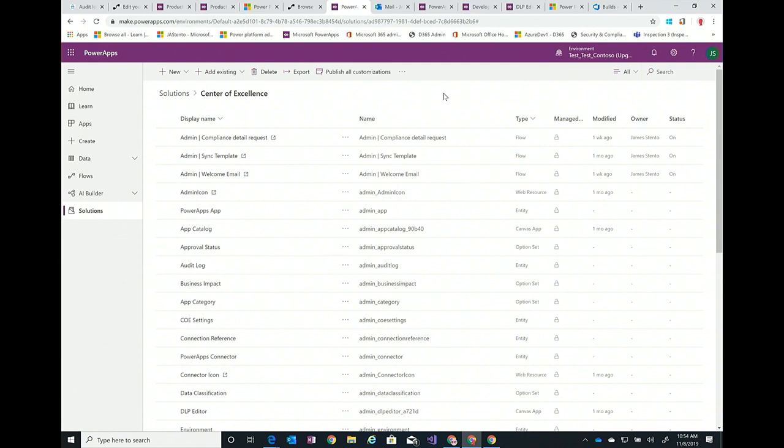So the question is around, can I find out if someone's, for example, reading all of the mailboxes in the organization and tell them to stop doing that? So my first response to that would be, let's secure the data at the source, right? Our users probably shouldn't have access to all the mailboxes in the organization. If they do, then we have to think about, well, why is that? Is there a reason for that? Is it okay? Maybe it is. Probably not okay, so we should secure the data at the source, and then Power Platform isn't giving them access